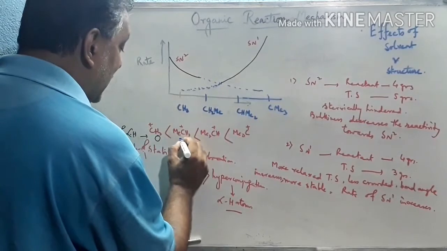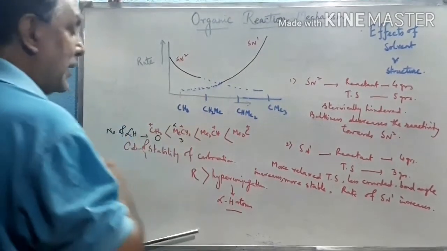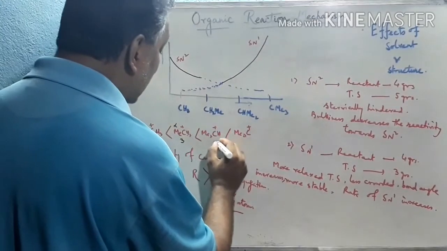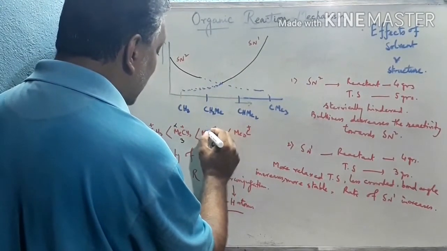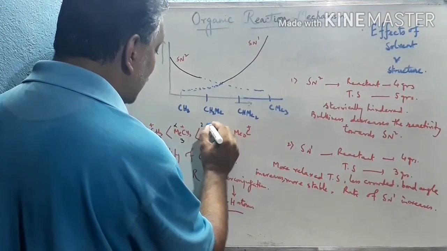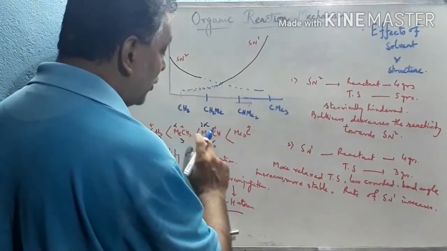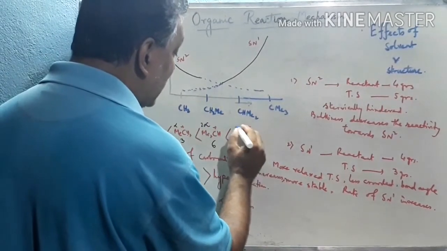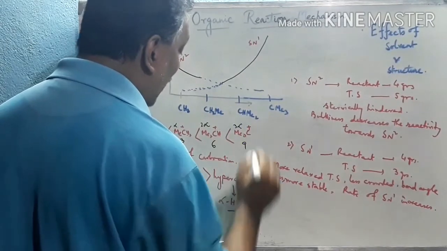It becomes 3 here because this is the alpha carbon, and here 3 hydrogen atoms are there. Here this is the 6 because this is the alpha carbon actually, CH attached with the carbon. There are 2 alpha carbons, and each alpha carbon is attached with 3 hydrogens. That's why total 6. Here 3 alpha carbons are there, and that's why total 9 alpha hydrogens are there.